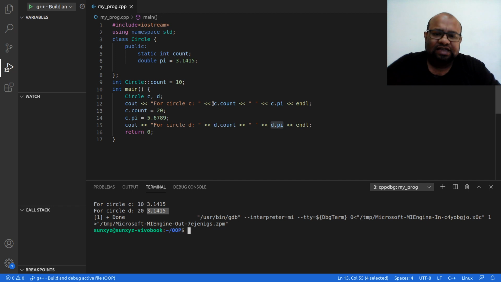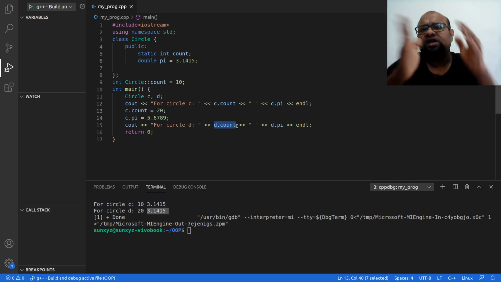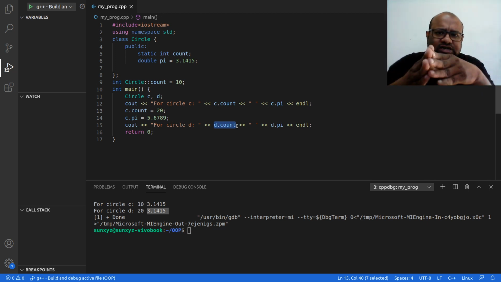So when I change c.count, I had initialized this count to 10. When I set c.count to 20, I have updated c.count to 20. Now when I print d.count, I am accessing the same memory location in data segment. C.count and d.count are pointing to the same location in memory.